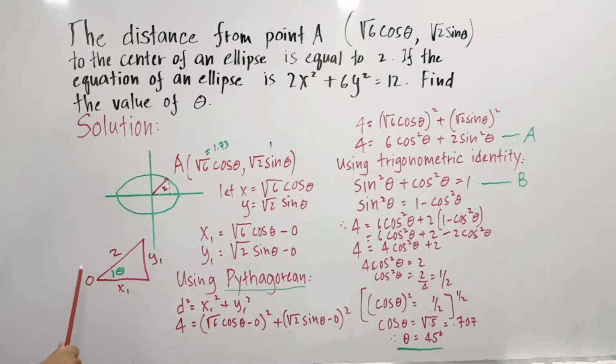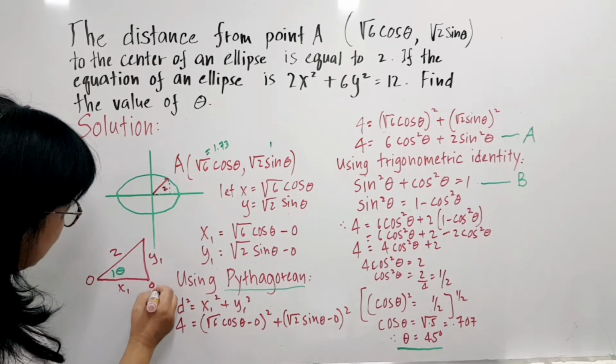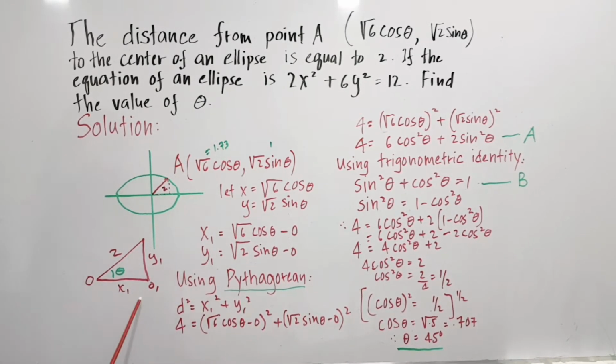So, from here, the x1 is the distance from here to this point. Lagay natin yan na. Halimbawa, ilagay natin nito na O1. Okay. So, kasi dito, ang x niya is square root of 6 cosine theta. That means, ito yun. Papunta dito. Yan. So, from the distance from here to this side is equal to x1, which is equal to square root of 6 cosine theta